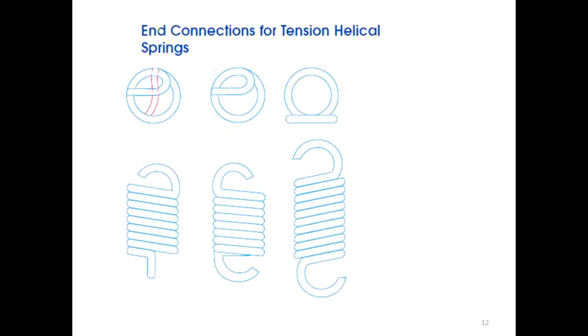So these are the different end connections also used for tension springs. There is a half spherical end present on one side, and one in a perpendicular direction, both present in one direction. This one has a different direction. So depending on the application, the end is chosen for the spring.